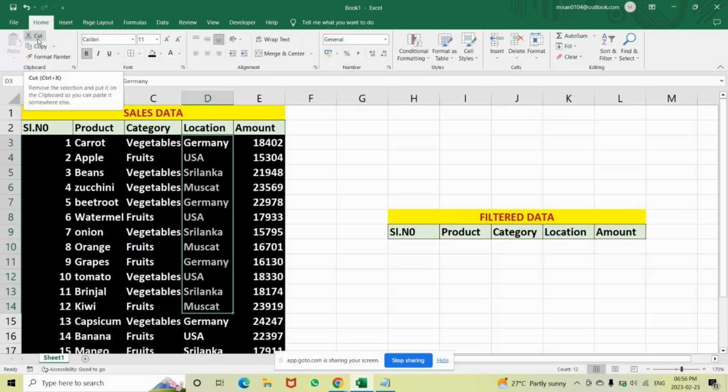To cut something and move it to some other place, removing it from here and moving it elsewhere, there is a function given here. That means something has been programmed here. Copy is also a function. Format painting, bold, italic, like this. There are too many programs predefined in our Excel, isn't it? Now I want to define one more function. Say, for example,